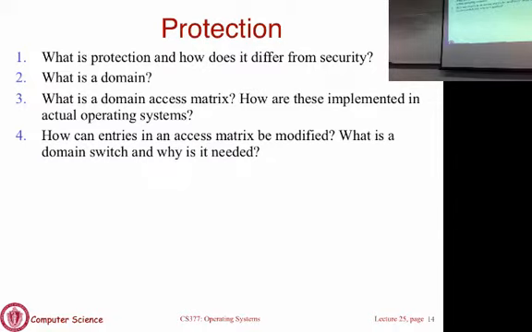You can also have a different organization where you have a row-based organization called capabilities. So rather than storing access rights with objects, you store access rights with users. Users are given a list saying this is what you can or cannot do in the system. So before performing an operation, the user then shows the OS a certificate that says, here is an operation I